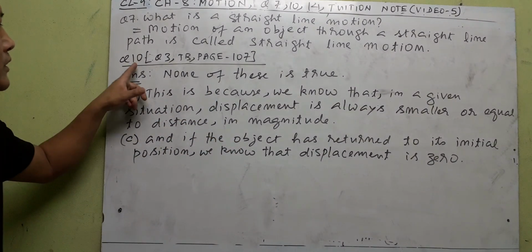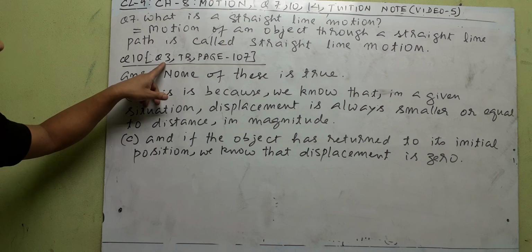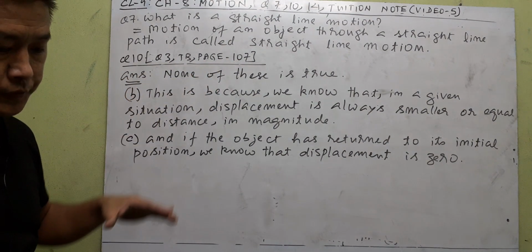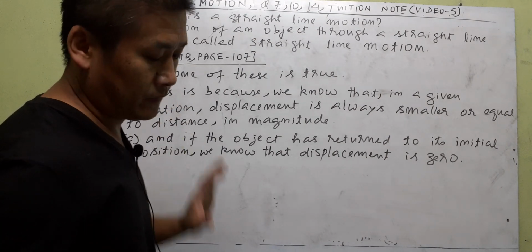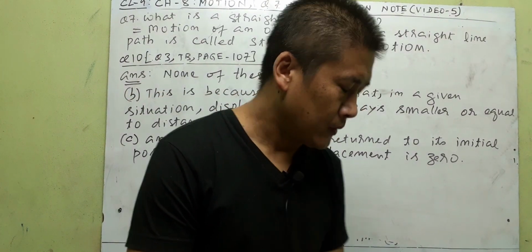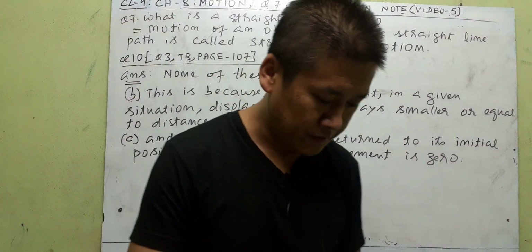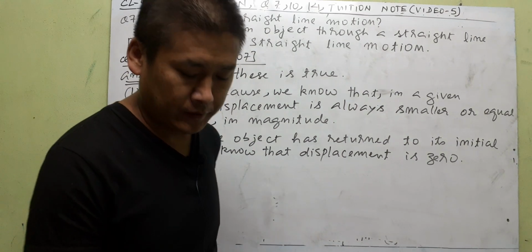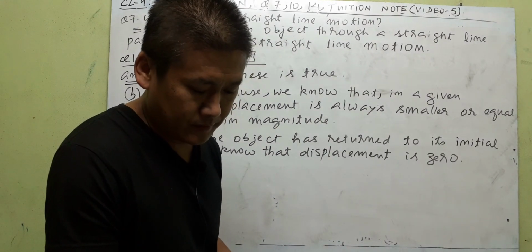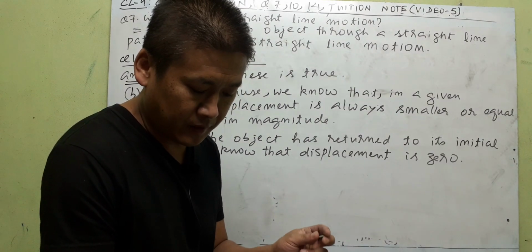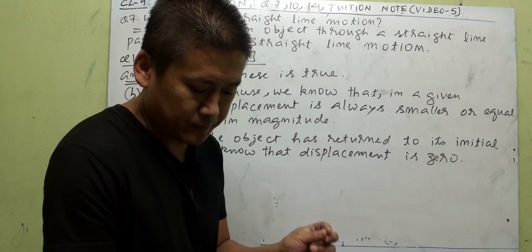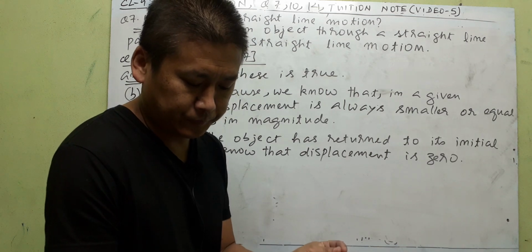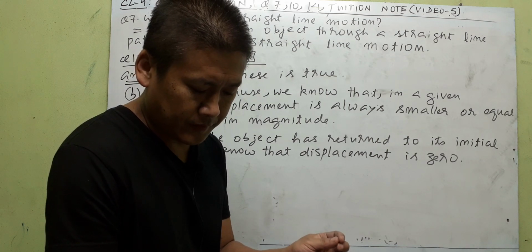So next, question number 10, which is actually question number 3, textbook, page 107. So go to your tuition note, if you don't have, go to your textbook, page 107, question number 3. Okay, so let us do that. Question number 10. Which of the following is true for displacement? Remember displacement and give reason for your answer. A, it cannot be 0. That means displacement cannot be 0, the question is saying. Is that true? Let us see.